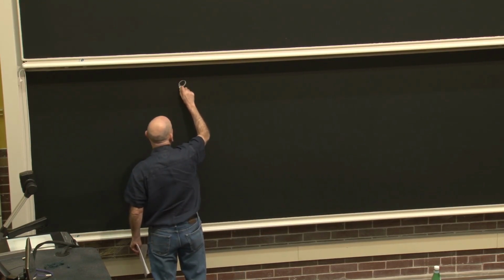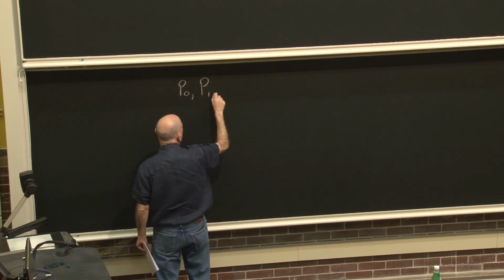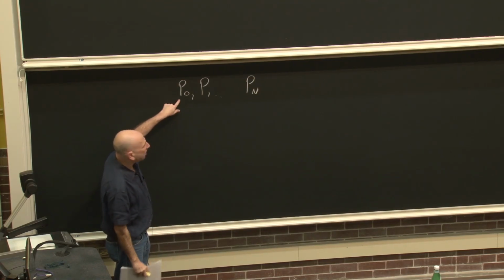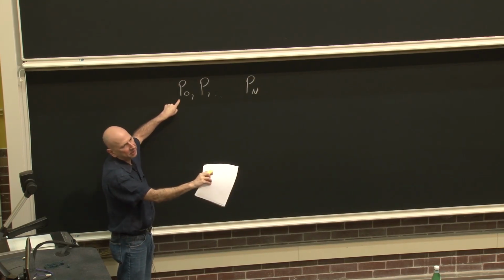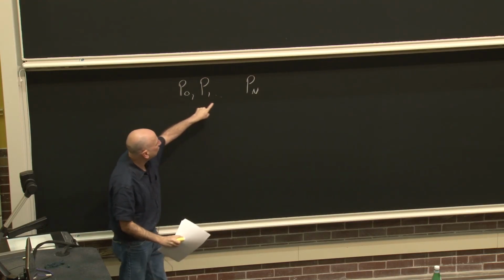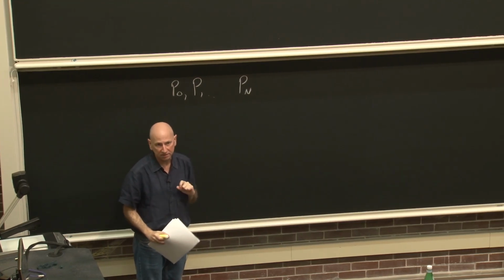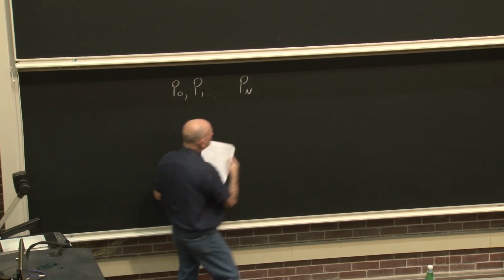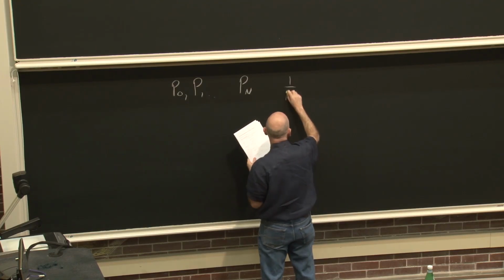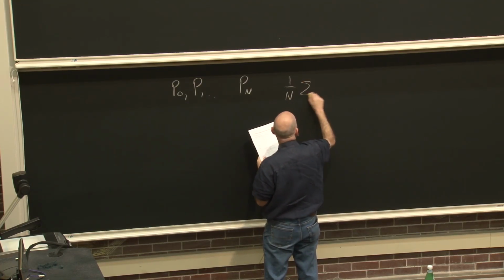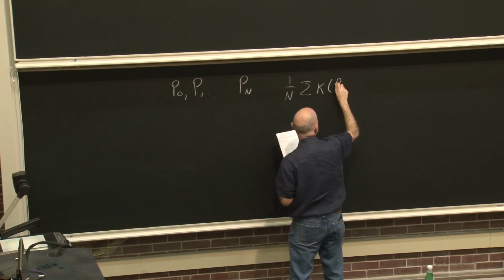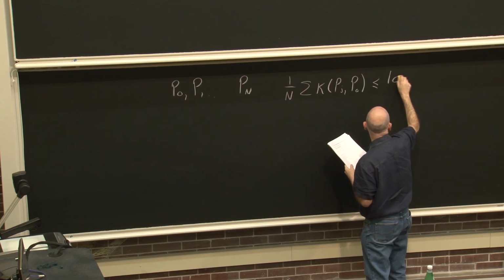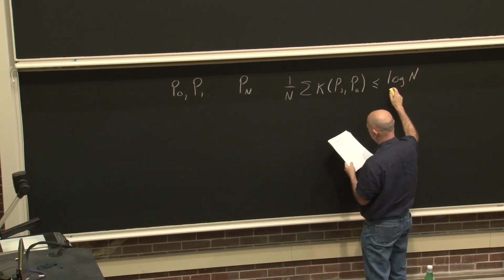You pick a P0 and then a P1 to Pn. So the way to think about this is, for doing regression, this is probably going to correspond to some centered thing like the zero function. And these are going to correspond to other regression functions that are little perturbations of that. So there's kind of a natural null guy here. And the condition you need is not that the maximum KL distance satisfies something, but rather that the average KL distance of Pj to P0 has to be sufficiently small. Actually, less than or equal to log n over,